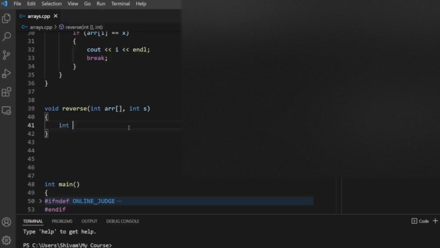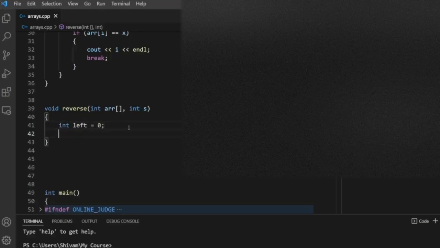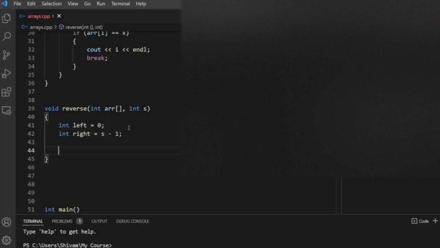We will take 2 pointers, int left is equal to 0 and int right is equal to s minus 1, which will point to the last element of the array. We will run a while loop, as we have seen in the pseudocode, while left is less than right,